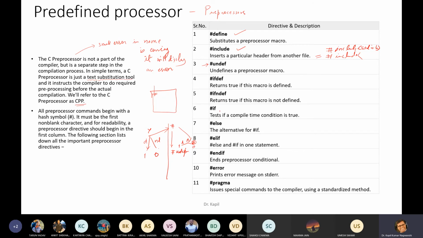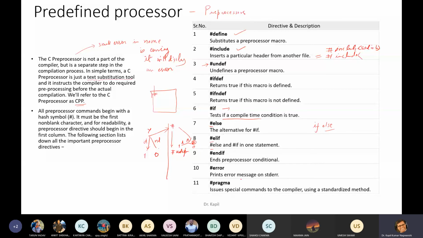Now come to if. It tests if a compile time condition is true. So if, else, elif, and endif are similar to our if, else. Now come to the next, error.